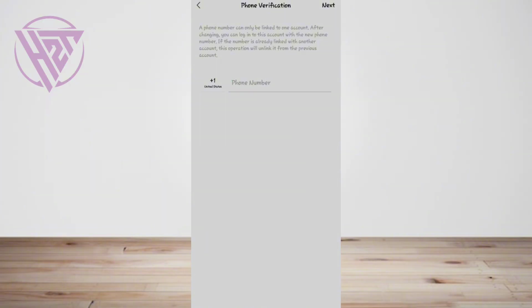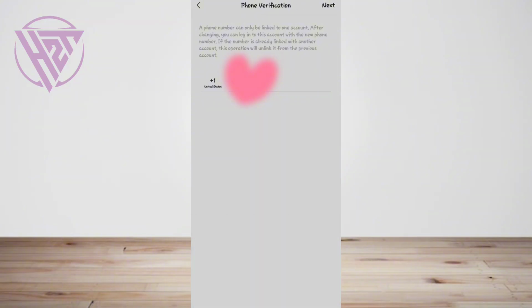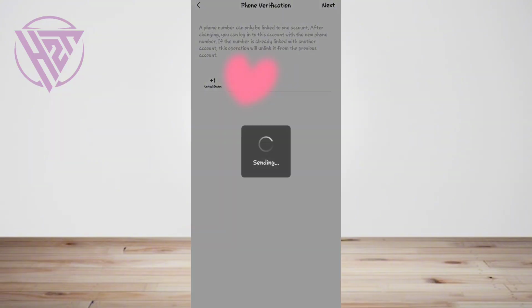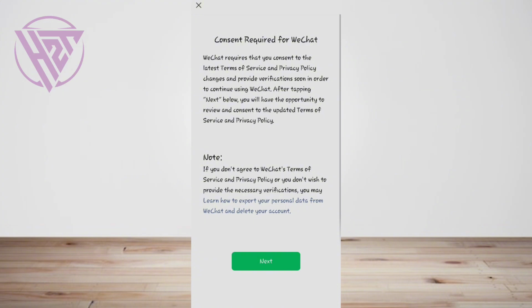Then insert your details. Insert your full name, region, mobile phone number, and password. These fields must be completed before you can proceed. Note, only one account can be registered to a mobile phone number.